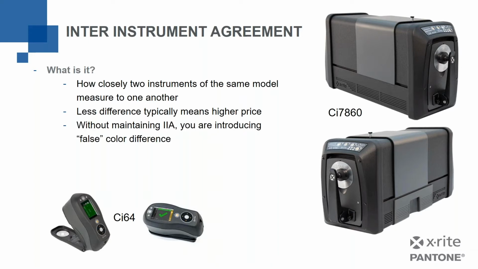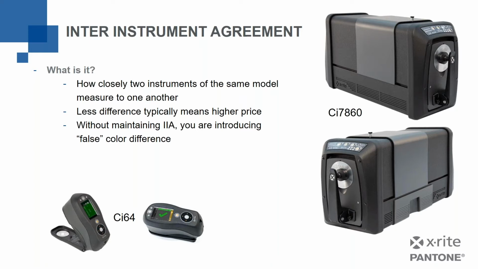And if we don't maintain that agreement, so let's say we'll use the 7860 as an example. The inter-instrument agreement for those devices when they're manufactured is 0.06 delta E, 0.06. That means on average, two devices will measure within 0.06 of each other, or 0.06 of the